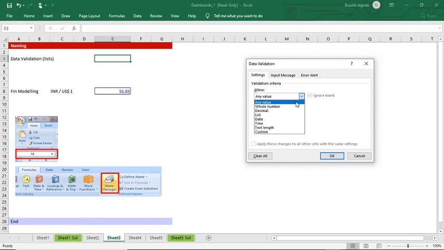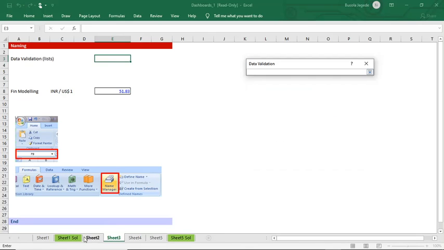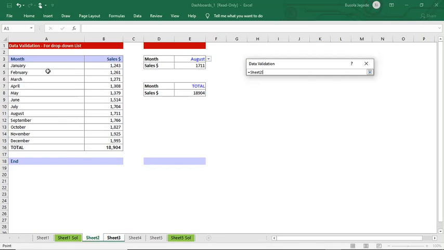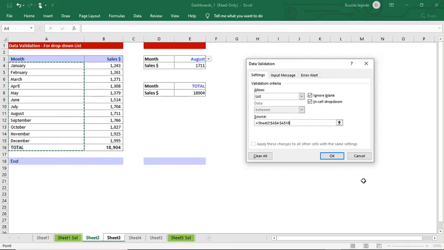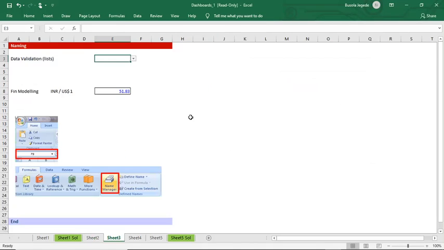And I select list, and when I want to choose my source, I come to sheet 2 and I just select the entire range. Okay, and although that works for Excel version 2010 and later, for Excel versions before 2010,